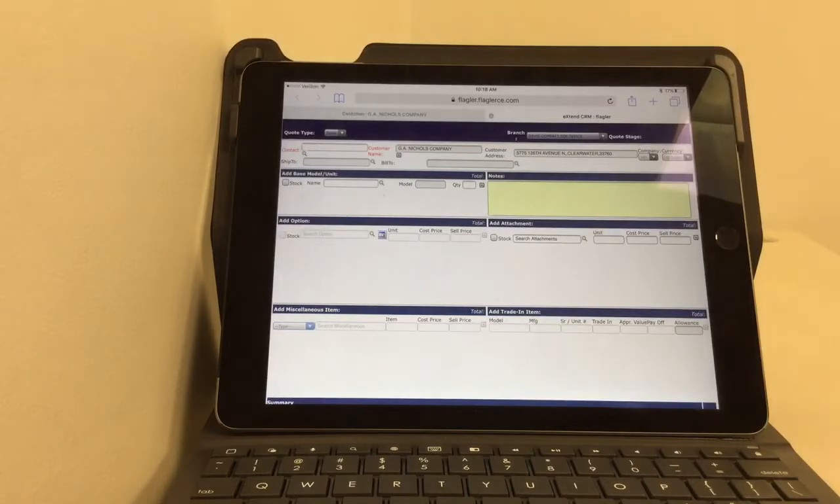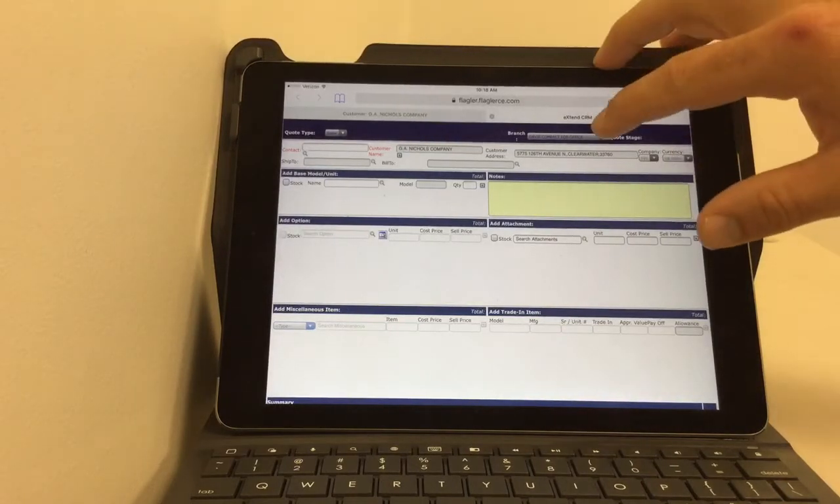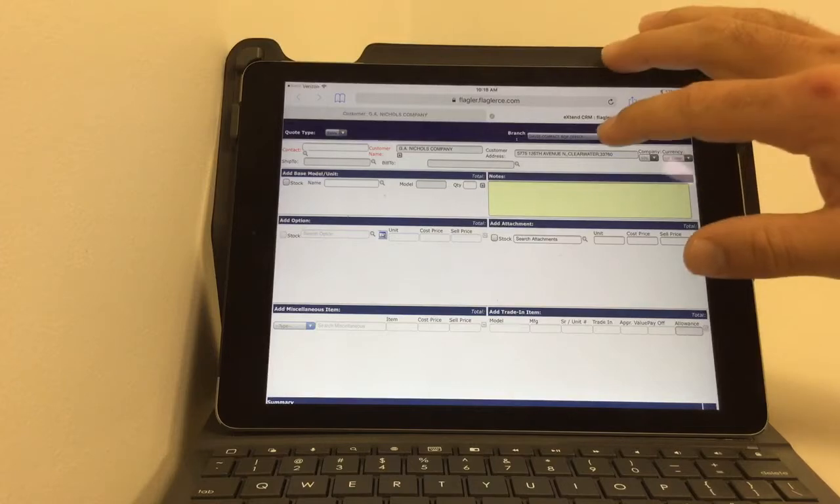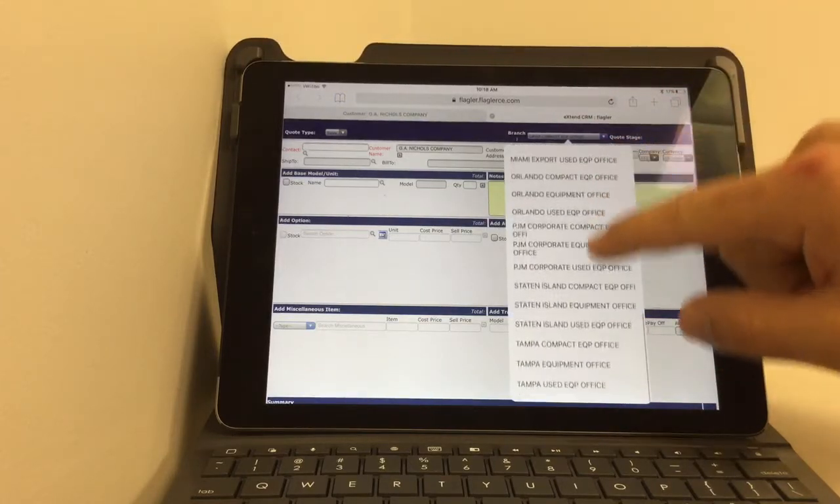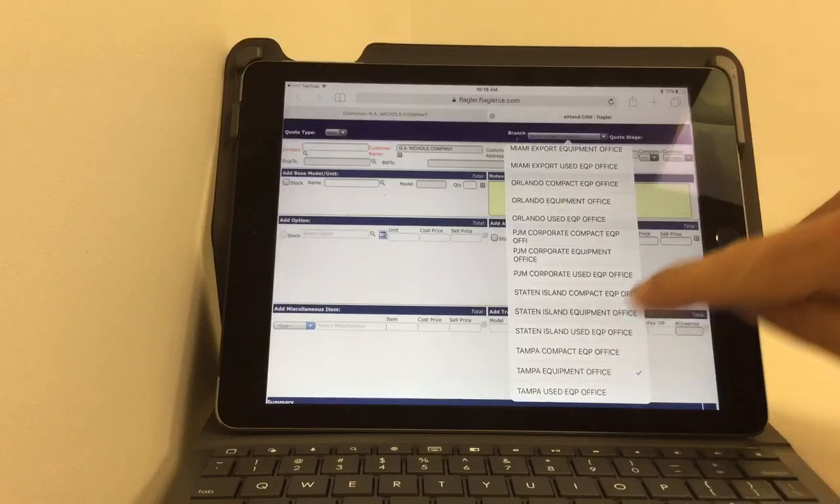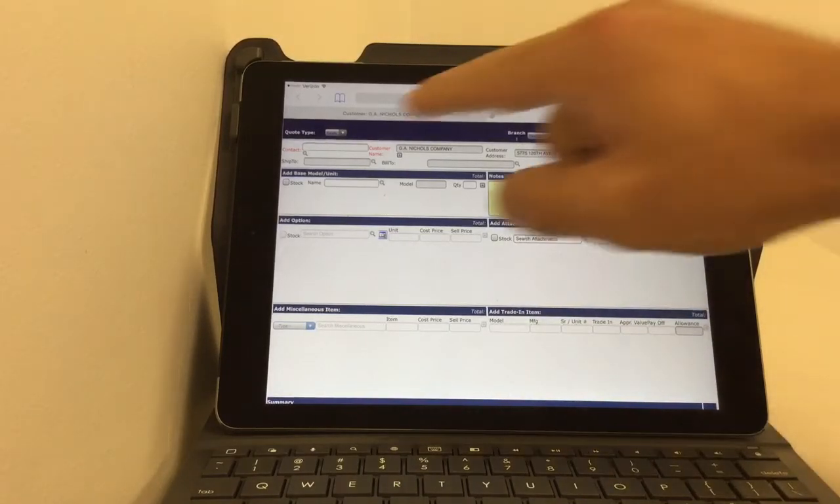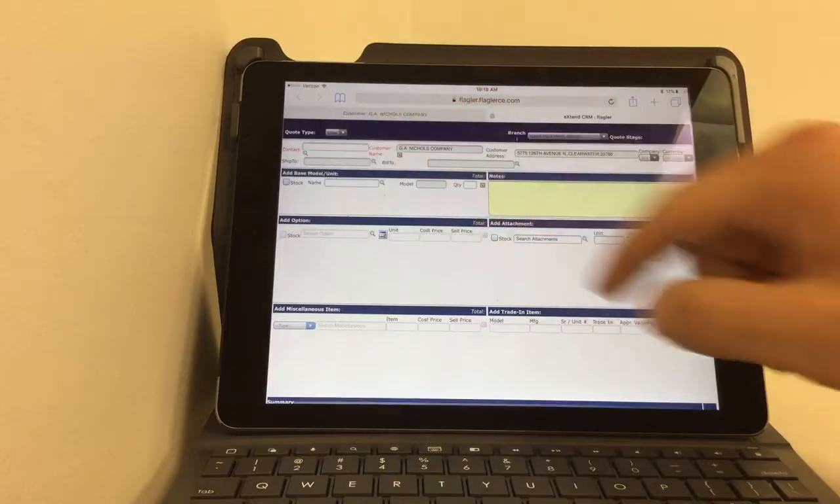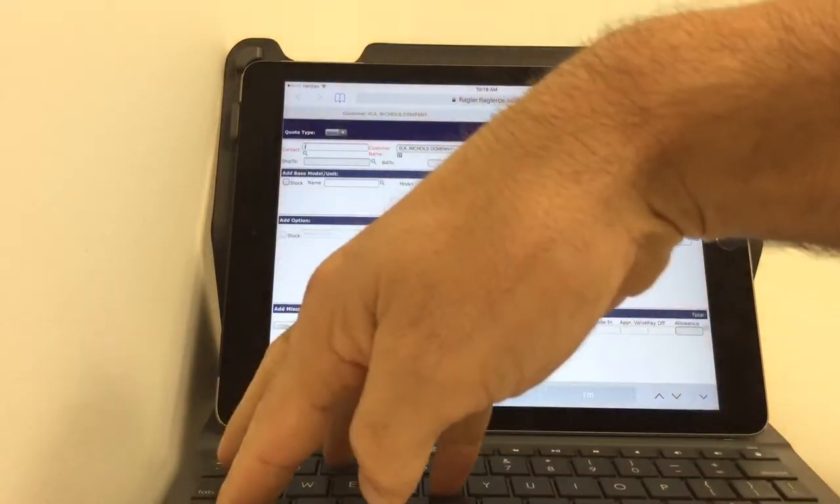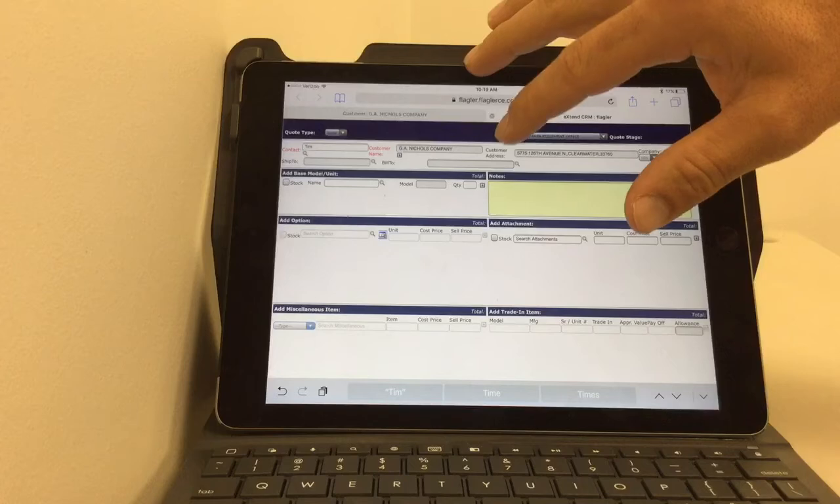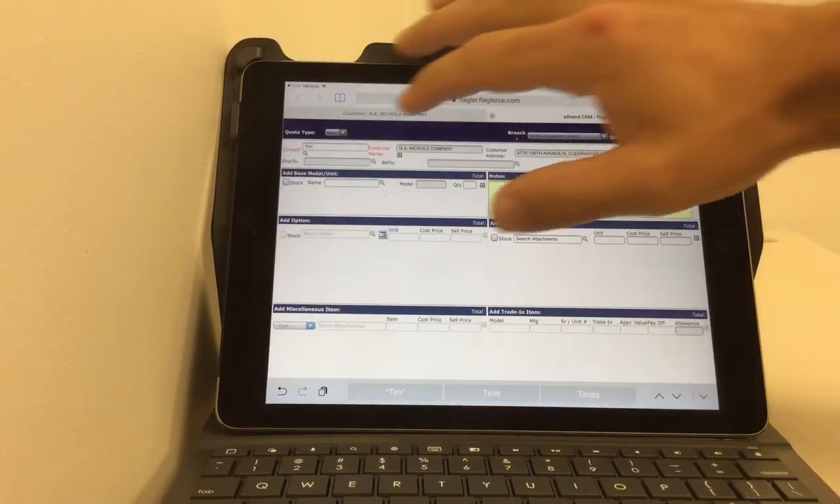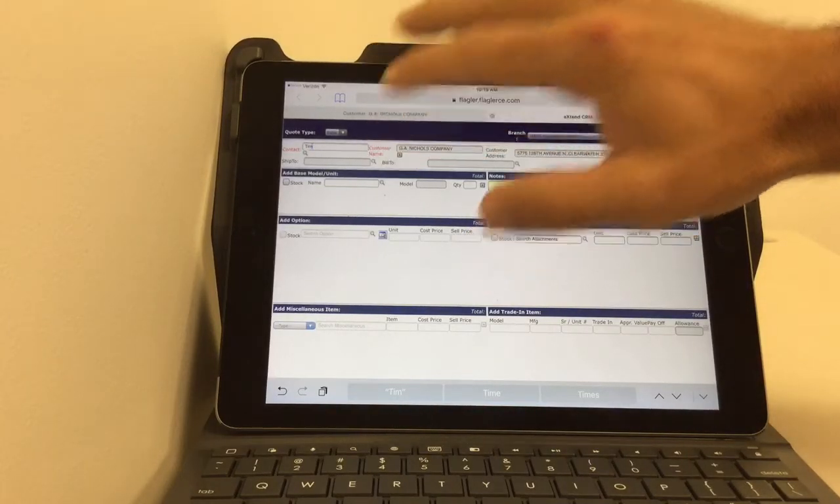Okay. I'll start from the top. Branch, it's a drop down. Select the branch so the correct branch address shows up on the quote. So I'll pick Tampa. Contact, that's the name for the contact at the customer whose name will be on the proposal. And then the other part to do before you do the quote is the ship to and the bill to. So if you click on the little magnifying glass,